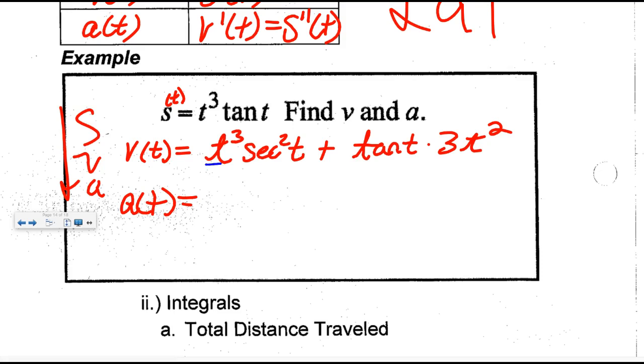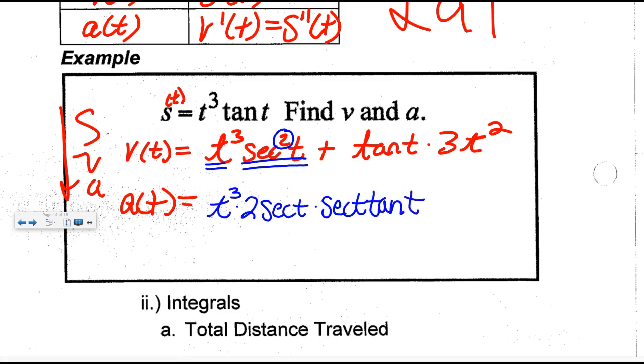So I would do first d second. This is chain rule. My outer function is a squaring function. I do 2 secant t to the first times... So I'm doing first d second, but d second is the chain rule. I bring the 2 out front, knock the power down 1, which doesn't need to be there, times the derivative of secant, which is secant tangent. So that's first d second plus second